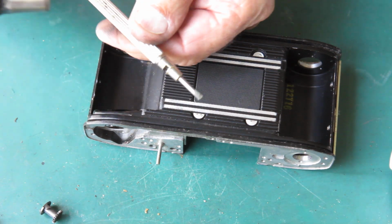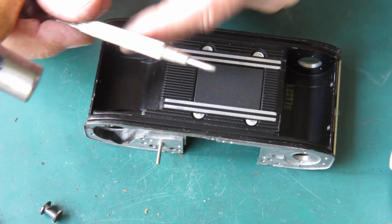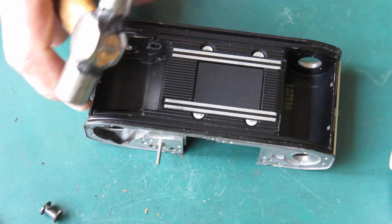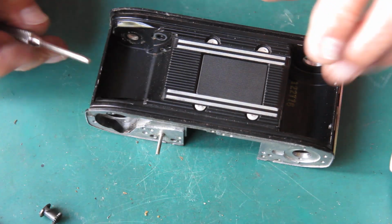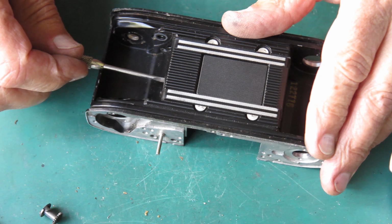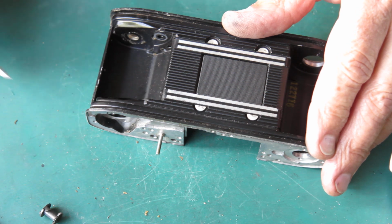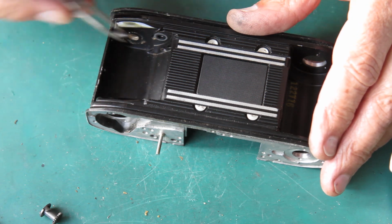So I'm just using a hammer and a very solid screwdriver with its top missing, and I'm just going to do this off camera because I've got to hold this between my knees. Back shortly. So all that was needed was just a couple of sharp light taps while I had some tension torque on the screwdriver,